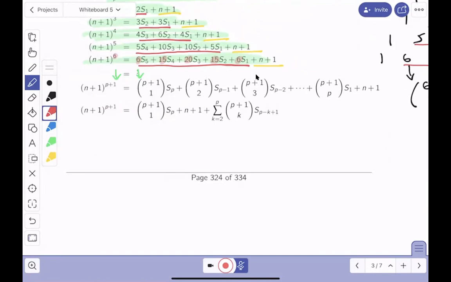So if I did this one over here, again, I'm going to point this out to you. This coefficient is 6,1. When I say 6,1, I mean the binomial coefficient, then 6,2, 6,3, 6,4, 6,5. Well, I'm going to do this over here, 6, but now it's p plus 1. So what do I know? It's definitely p plus 1. And then p plus 1, and I've got dot, dot, dot, because it's going to go on for some time. And then what do I got? Well, remember, 1,